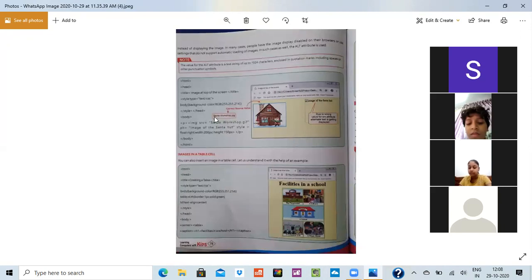See, this I have done. I have written that I want a center workshop.gif. I have placed the address. So when the network connection is not there, or there is a little bit of error, a message is written that there is a network error. Because of it, you are not able to see the picture. When the proper network is there, you will be able to see this image.